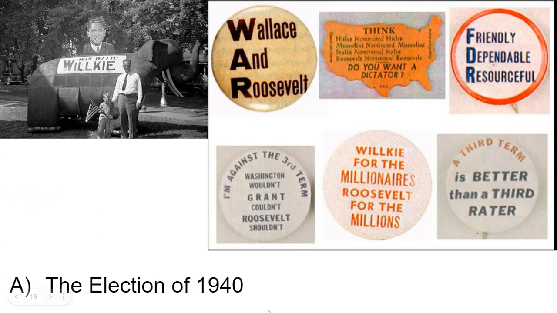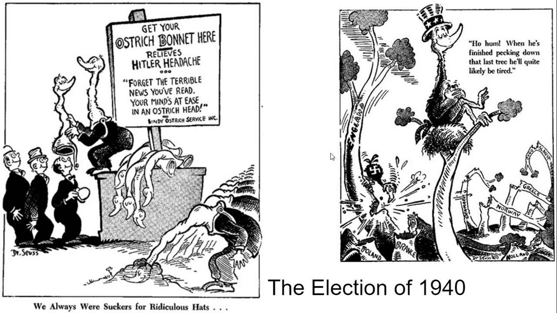In the election of 1940, the Democrats are going to run Roosevelt for a third time. This is clearly unprecedented, and we've never had a president win the presidency three times because, of course, of the precedent set by George Washington. There's some argument that the Republicans were making that Roosevelt would lead us into war. The Republicans are going to nominate Wendell Willkie, who ideologically is pretty much indistinguishable from Roosevelt. He's a liberal Republican,